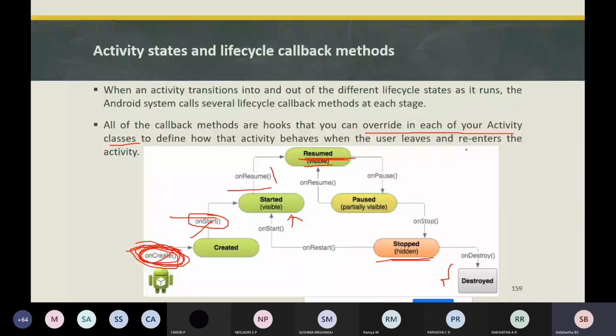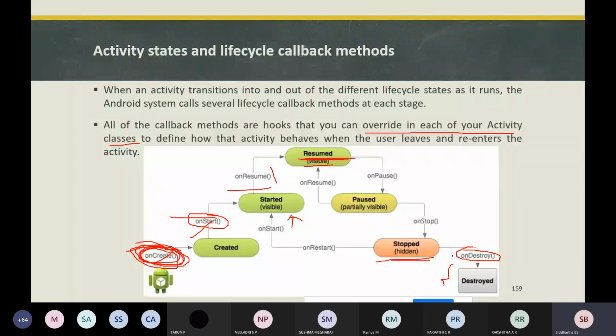If you have called the onDestroy callback method, it means that whatever activity you have been using, whether it is in a paused state or a stopped state, will no longer be in a back stack or in any memory of your Android operating system. This happens in several cases.